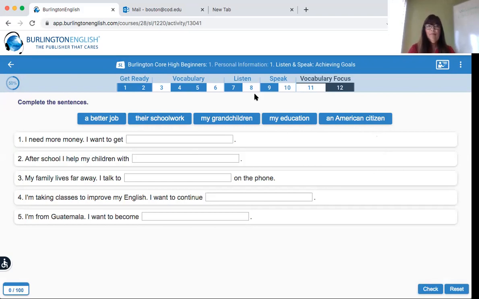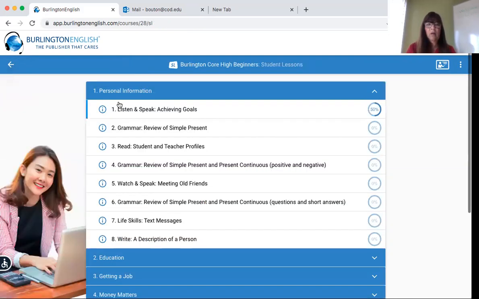Okay. All right, so if we click this arrow here, it will take us back to the very beginning page. So we have finished 50% of listening and speaking. There's grammar, reading, grammar, watch and speak, more grammar, life skills, and writing.